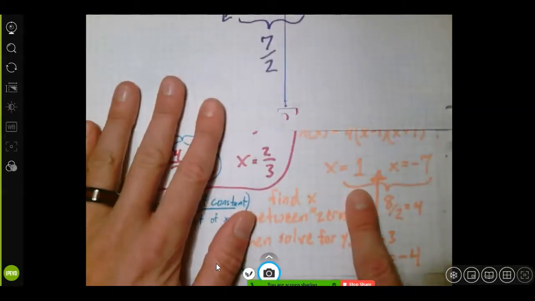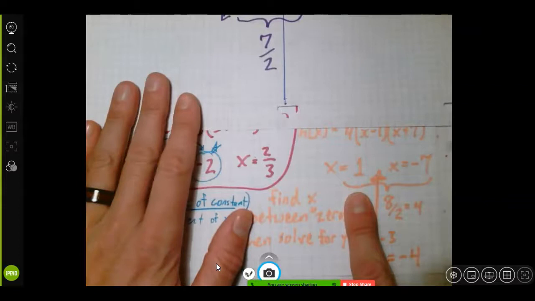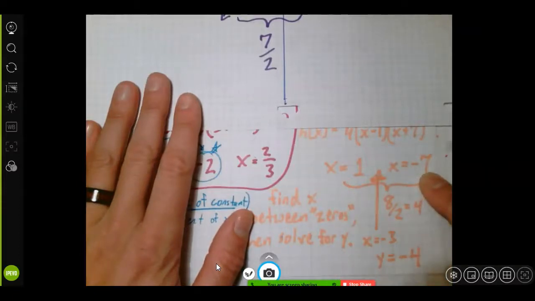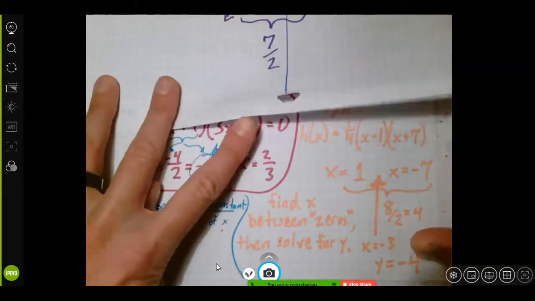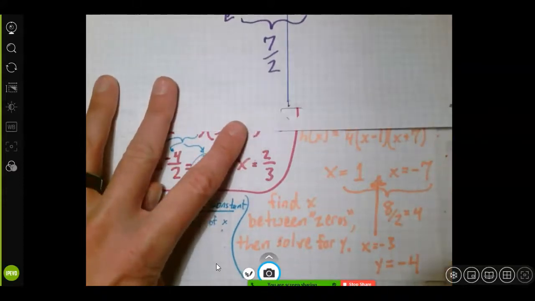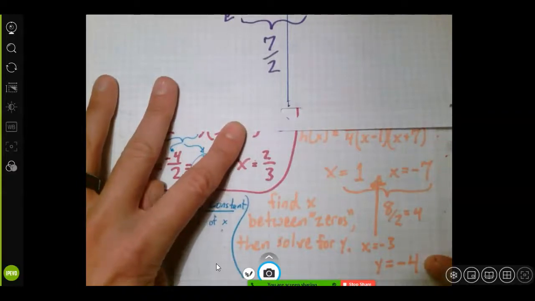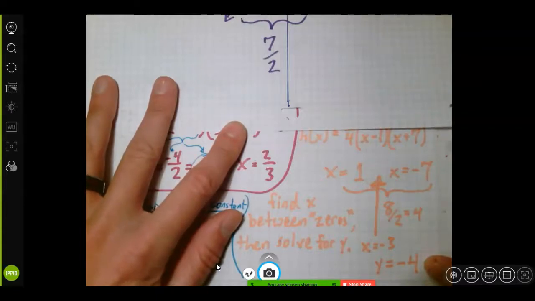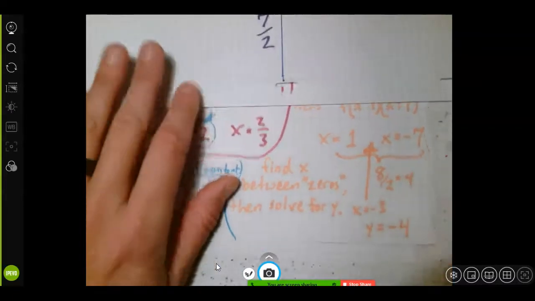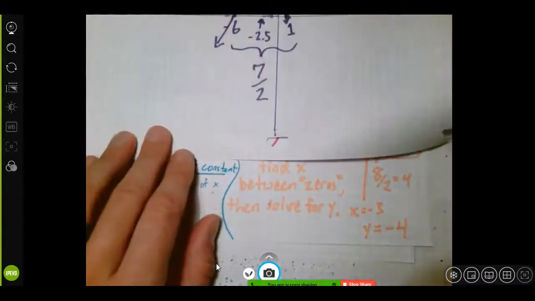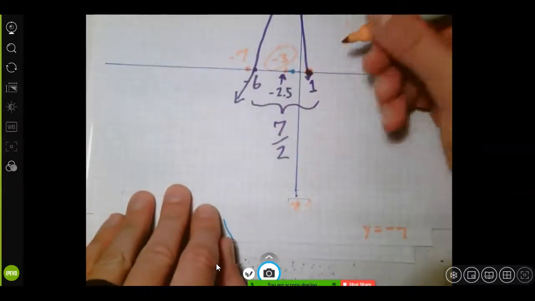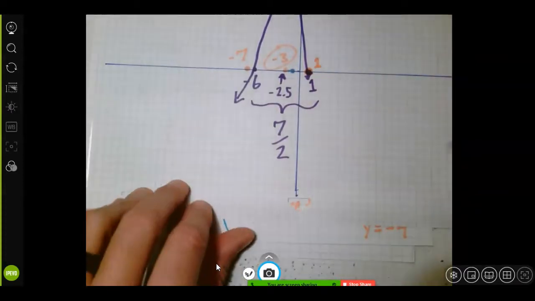But we said if our zeros are 1 and negative 7, maybe we didn't actually put this on the graph. I got negative 7 there. Oh, did I just write this down? Oh, no, okay. I had to remember all the work that we did. Hopefully your brains are working and you're not just passively looking. These were our zeros. Here's what screwed me up. I didn't put the other 0 very dark because it's positive 1, and this is also positive 1. So I should write another 1 here to see it as one of my